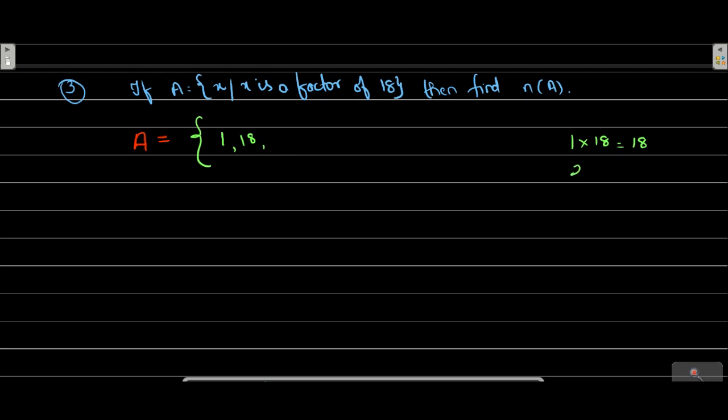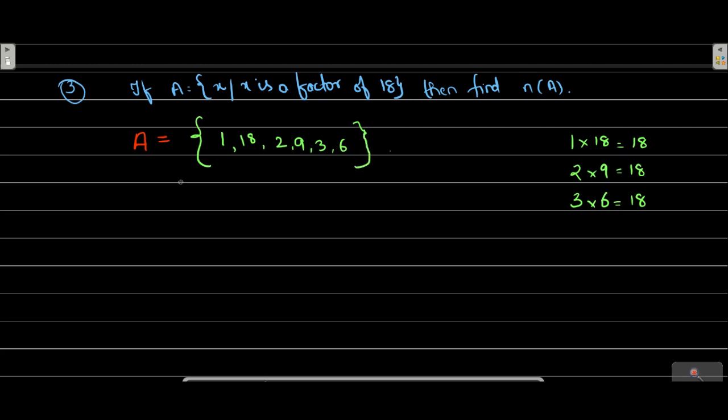We also know that 2 9s are 18. So 2 and 9 are factors. Then we also know that 3 6s are 18. So 3 and 6 are also factors of 18. And 6 6s are 36. So we already have 6, so we will not write 6 again. So these are the